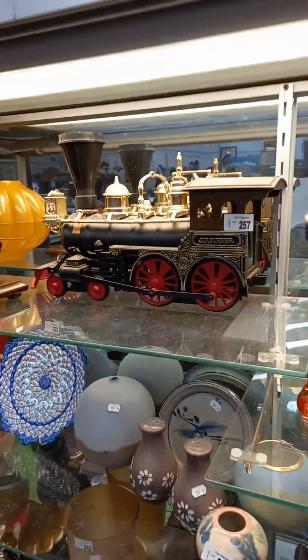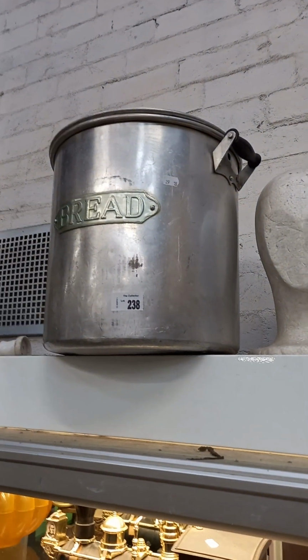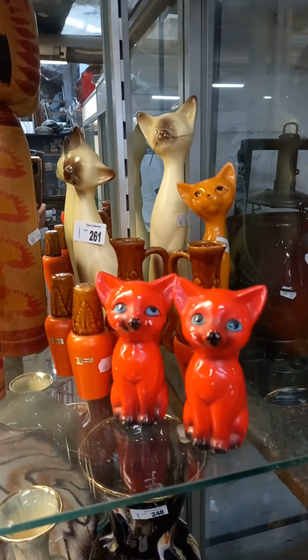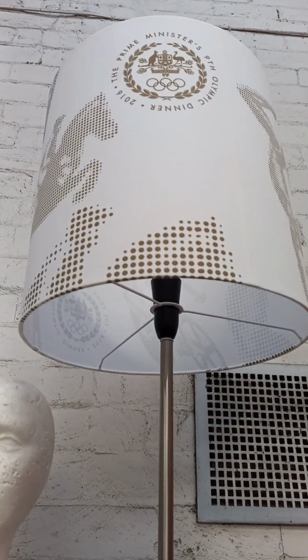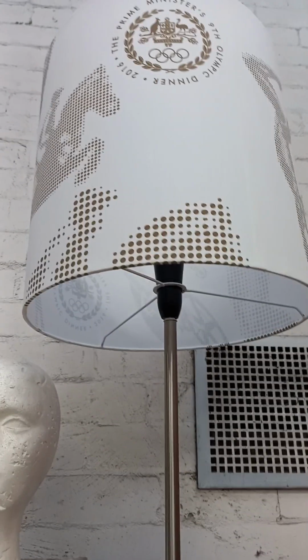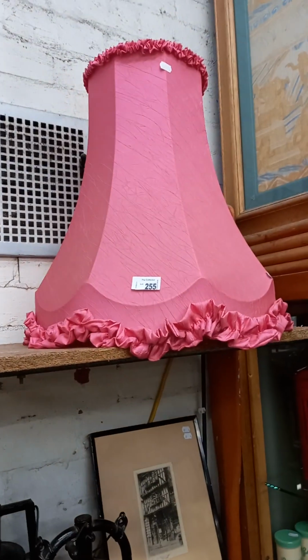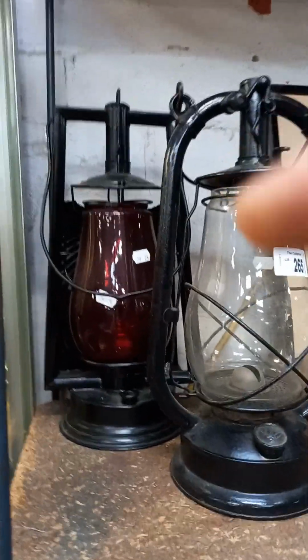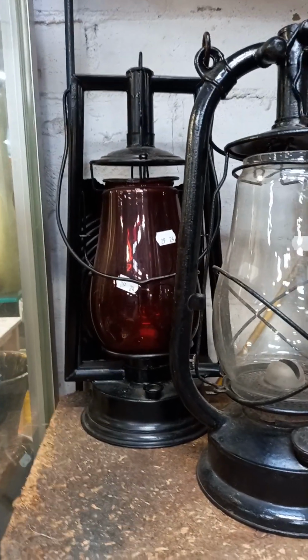Sealed novelty Jim Beam decanter, nice aluminium bread bin, art glass, a couple of nice little bits of willow, including the little oil lamp, Kokeshi dolls, retro ceramic cat, salt and peppers and the rest. Lamp with the shade that reads the Prime Minister's 9th Olympic dinner. It's just a modern lamp, pretty cool thing. Retro pink frilly light shade, a couple more hurricane lamps, another nice one over the back there with the reflector on the back and the red coloured glass shade, Edward Cherry etching and a nice little book stand,